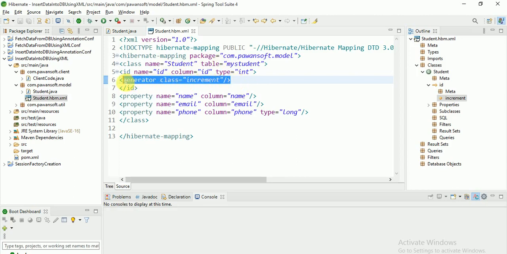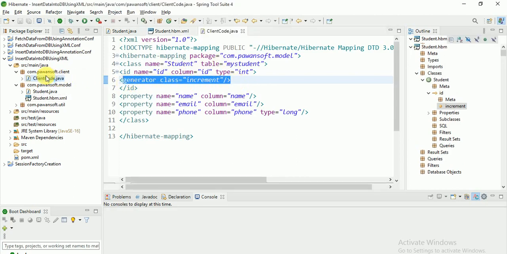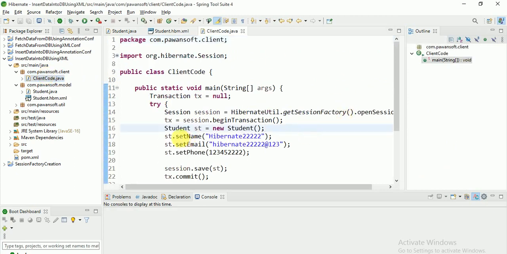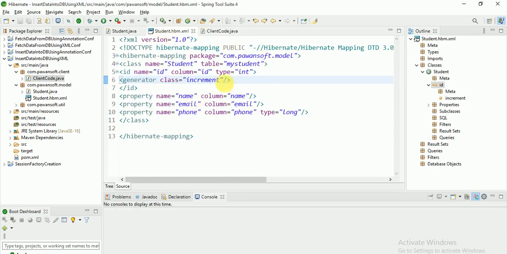If you see my client code, I am not providing the ID, I am only providing name, email and phone, right? So Hibernate will generate the primary key value automatically. And for the other properties, you have to use the property tag only, right?